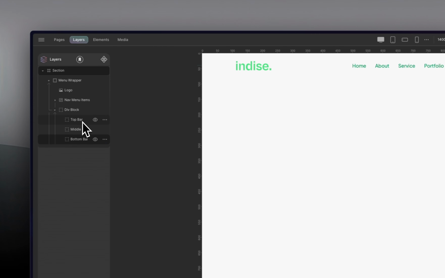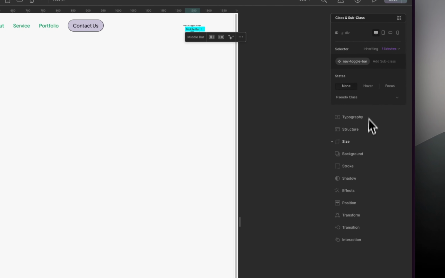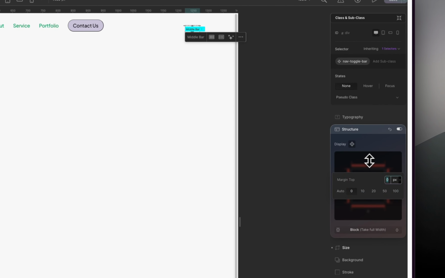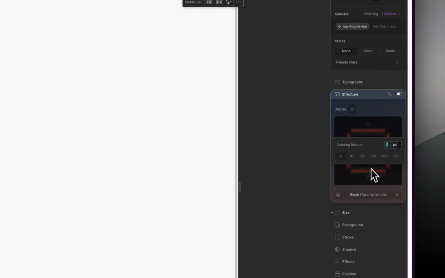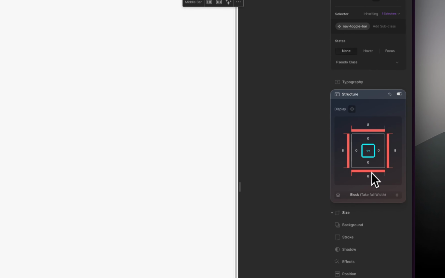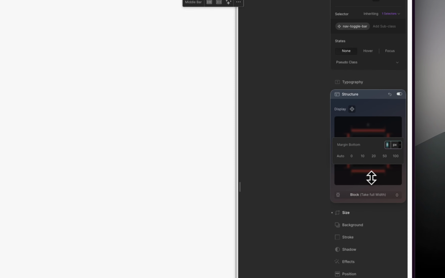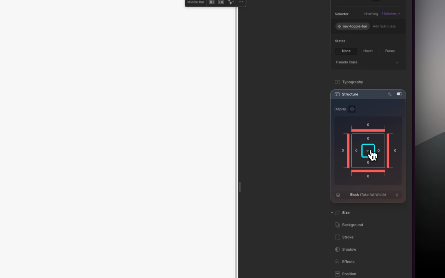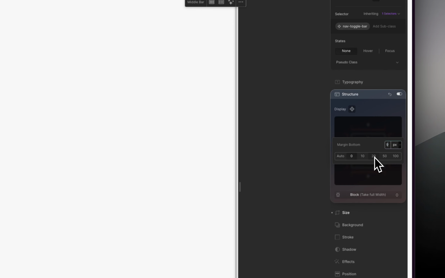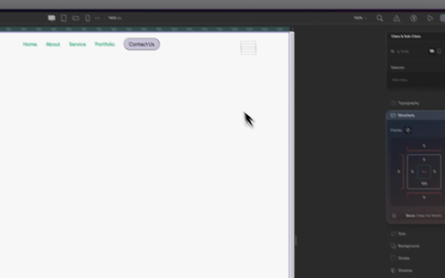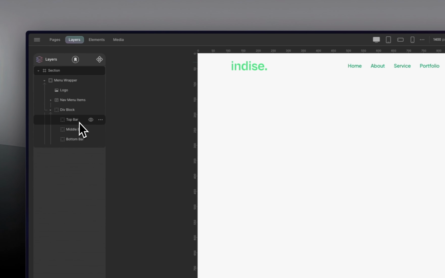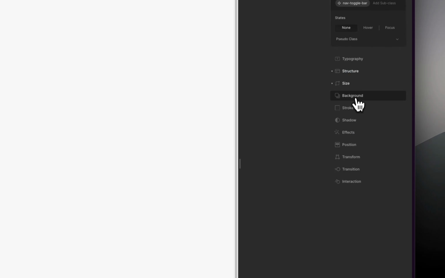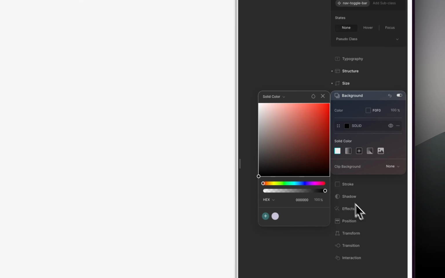All right, so top bar, you're going to click on middle bar, and then go into our structure panel, and then for the top, let's give this one like 8 pixels, and then for the bottom, sorry, issue here. All right, let's make everything 0, and then go back here, unlock that, and then make this one 8 pixels. Go to the top, also make this one 8 pixels. All right, so we do have something more like that. So clicking on the top bar, since they all have the same class, I'm going to go into background, change this background to black.